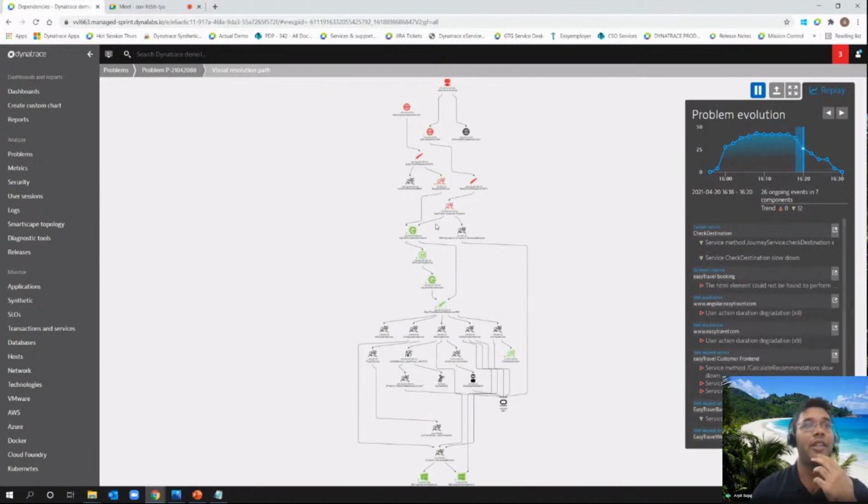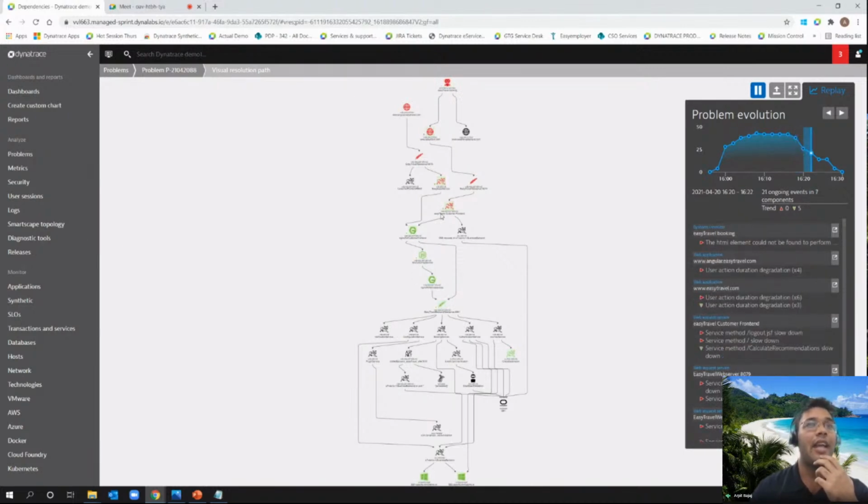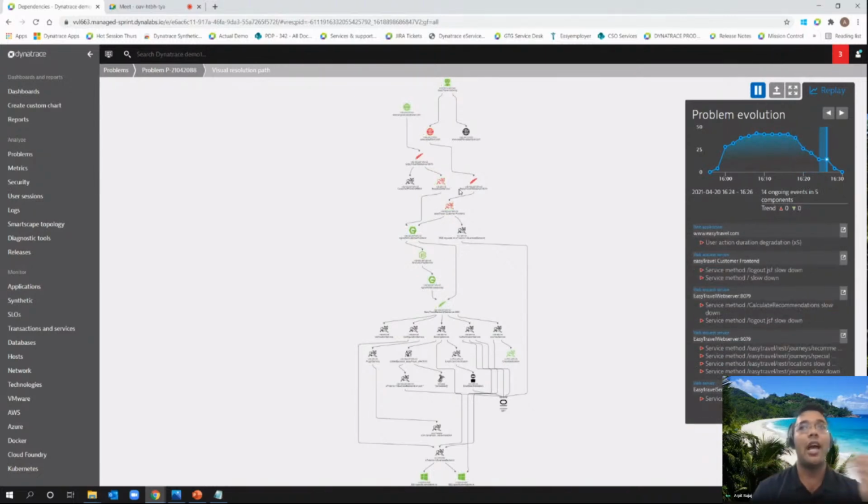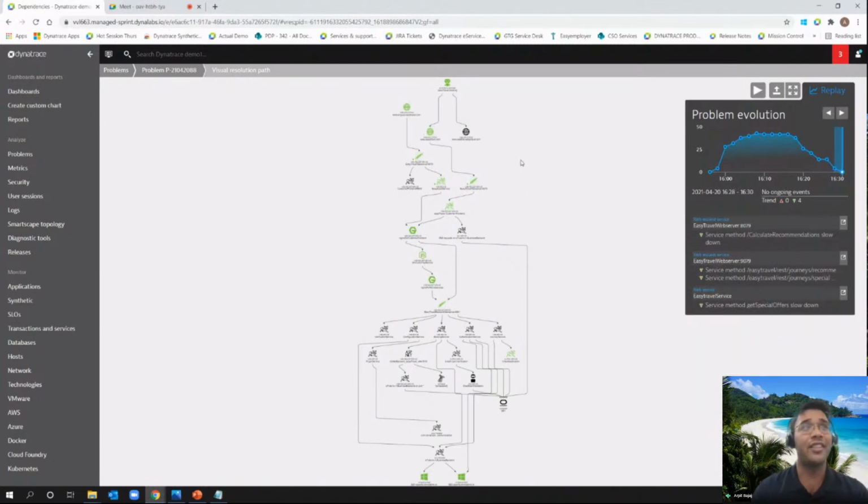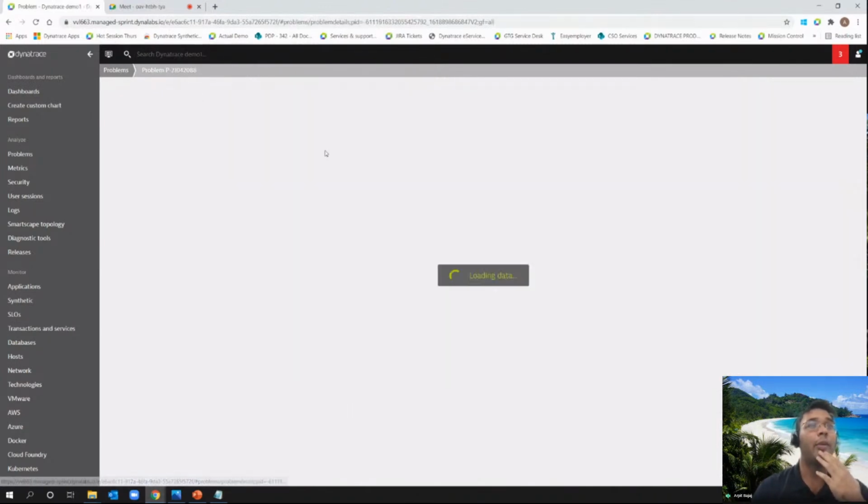Response time is slowly getting better here and there. And this is how I can see from a visual point of view what parts of my architecture are affected and how long it took to get solved. Going back to the problem,